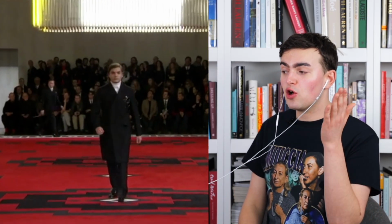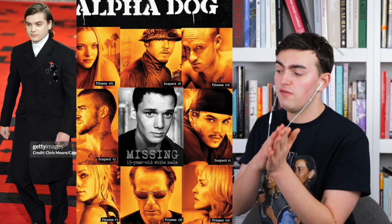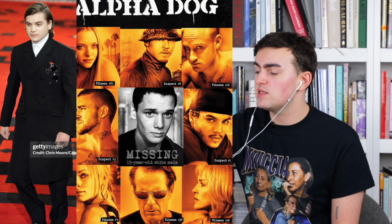Next up, we have Emile Hirsch. Now, Emile Hirsch, I didn't really know, to be completely honest, but he is an actor, and he actually played a villain in the film Alpha Dog. Now, here we can see Emile's look is made up of this black double-breasted coat, the white collar, all of that sort of jazz. But in the movie Alpha Dog, Emile Hirsch does play this guy named Johnny Truelove,